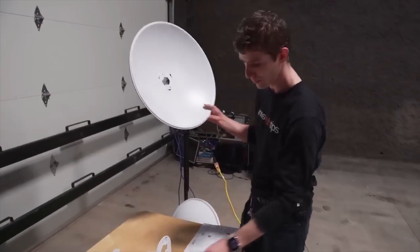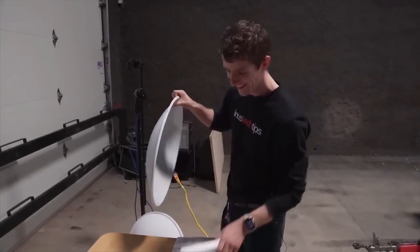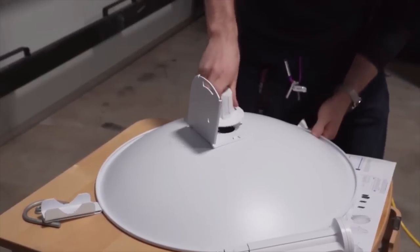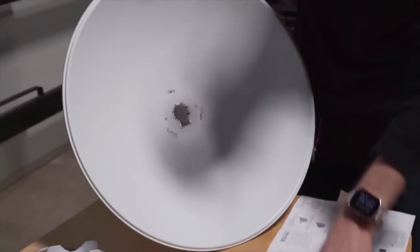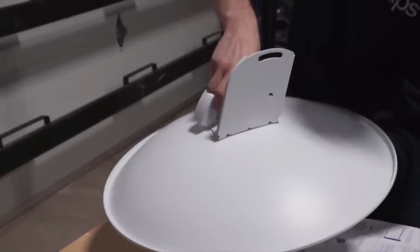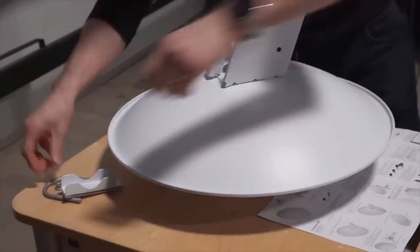Okay, so the assembly process is pretty straightforward. You take your antenna feed and you, no, wait, oh shoot, I forgot. Okay, right, you start with this bracket. You take this bad boy and pop it onto here. It only goes in one way. Then, yeah, you pop this into here until it clicks. There we go. Then you take your pole mount, stick it through the thing, and finally, optionally, you can put